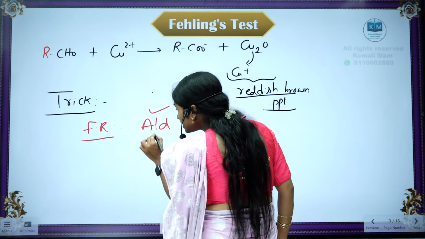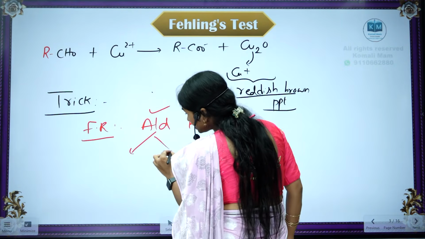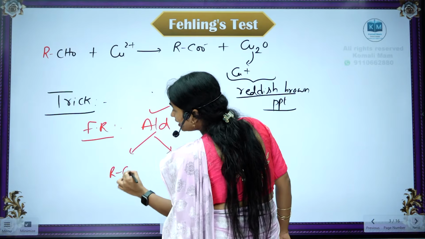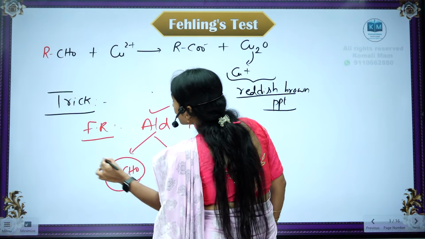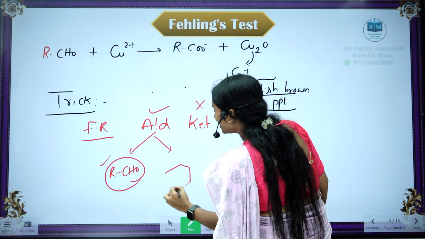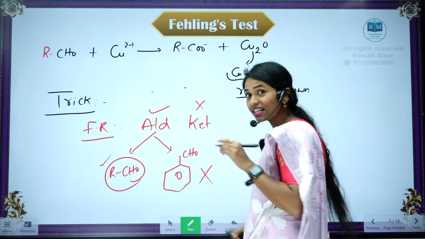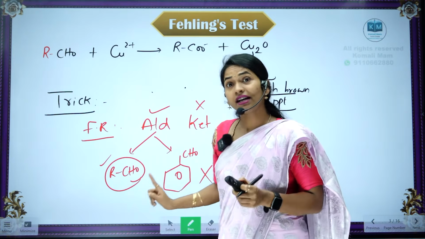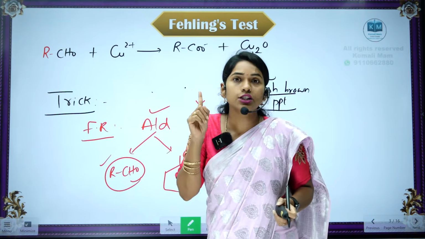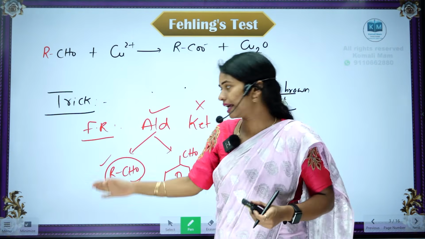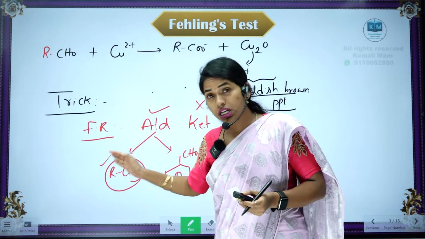And Fehlings reagent, again aldehydes, aliphatic aldehydes, it gives the test, whereas aromatic aldehydes, it doesn't give the test. Tollens gives the test for both aliphatic and aromatic, whereas Fehlings gives the test only for aliphatic aldehyde like CH3CHO,